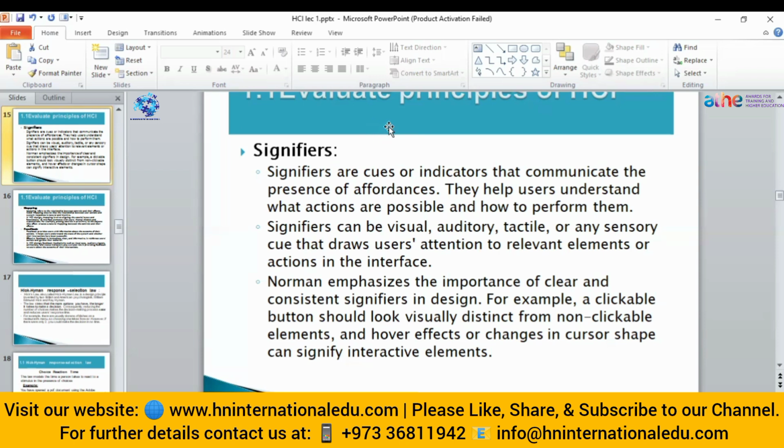You can see for chat there is an icon related to chat, for recording there is an icon related to recording, and for muting and unmuting yourself there is a mic icon. In this way, signifiers help the user by giving clues about what the action is and what will happen if we perform it.